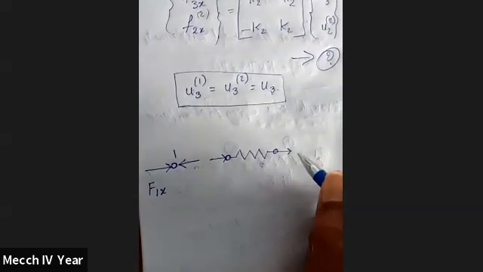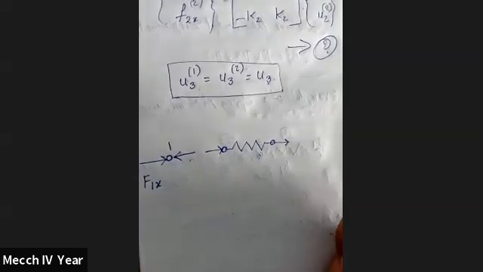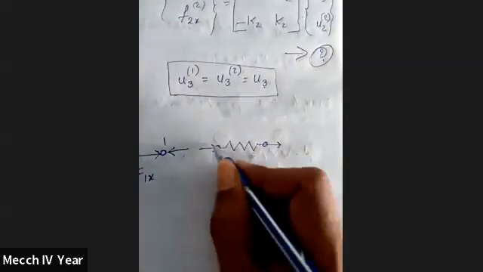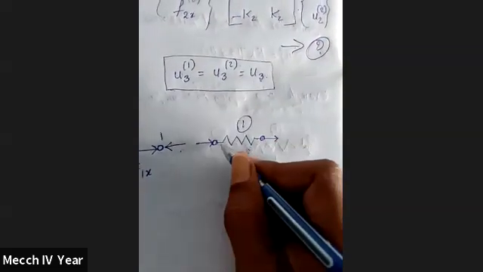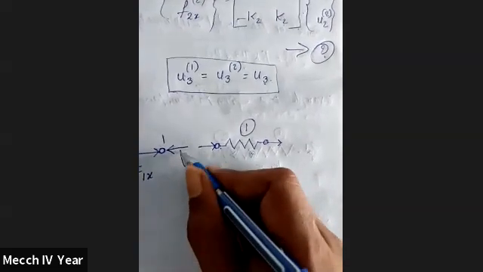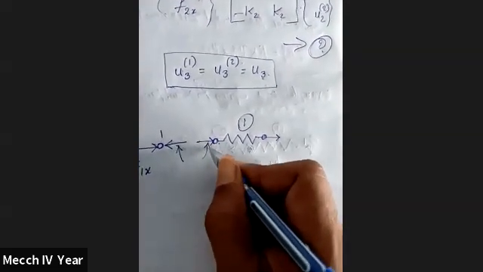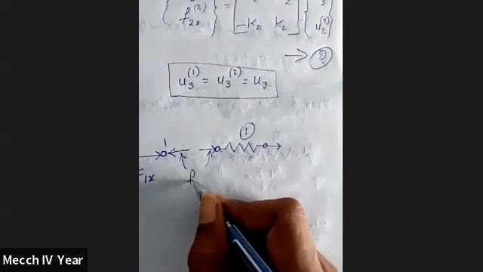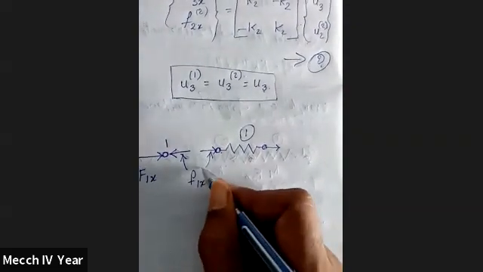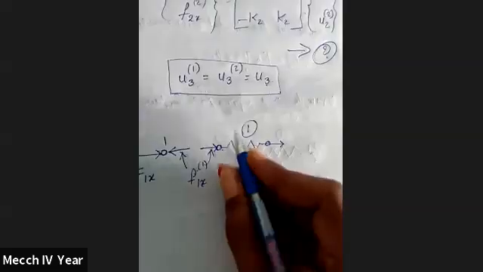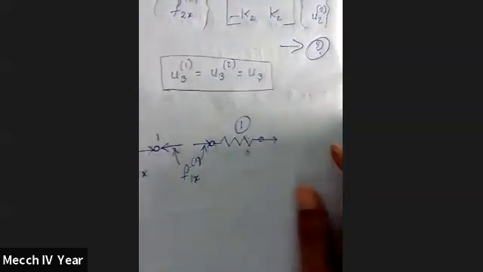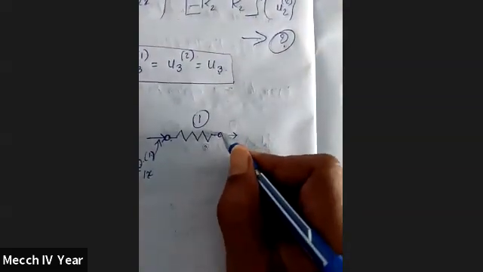Here this one node is there. So what is this node? Now we see this is the element 1. We take this as element 1. Then here is node 1. So node 1, we can write this one and this one is equal. That one is called F1x with element 1. And now come to here, this is the point node 3.